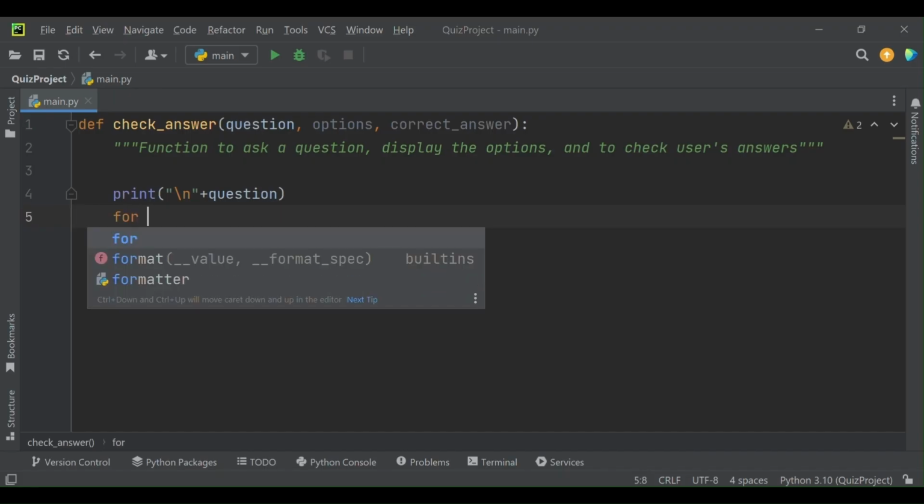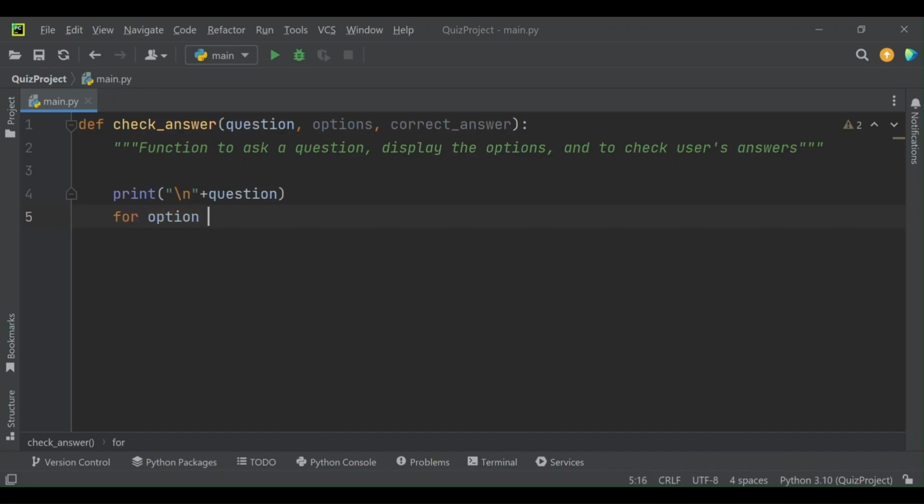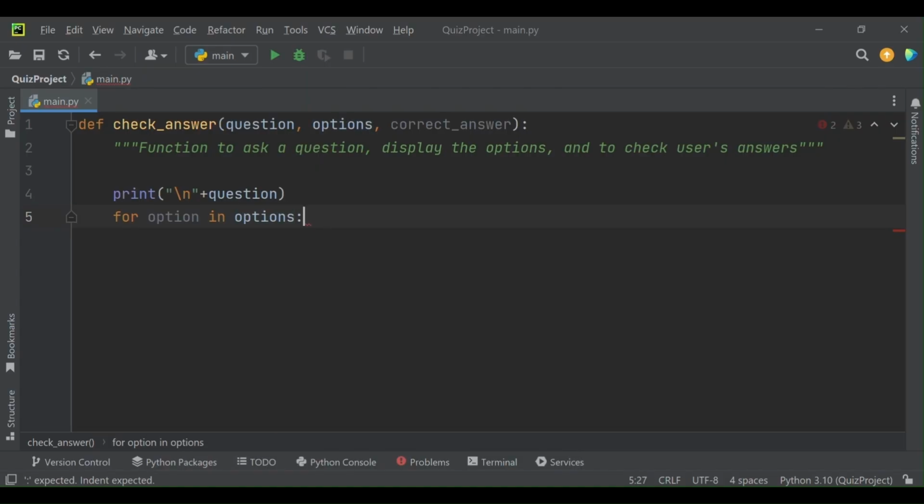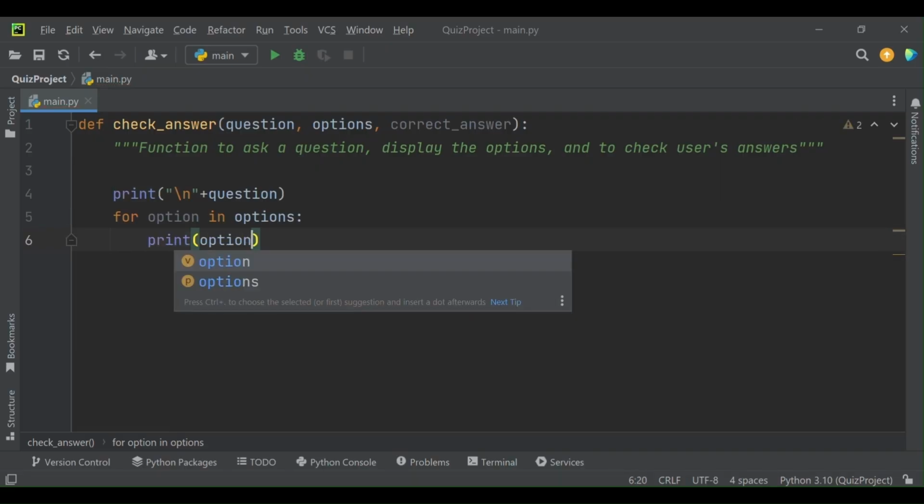After this, we are going to display all the options one by one. So for option in options, that means for every option in the list of options that we supply here, we are going to print that option.